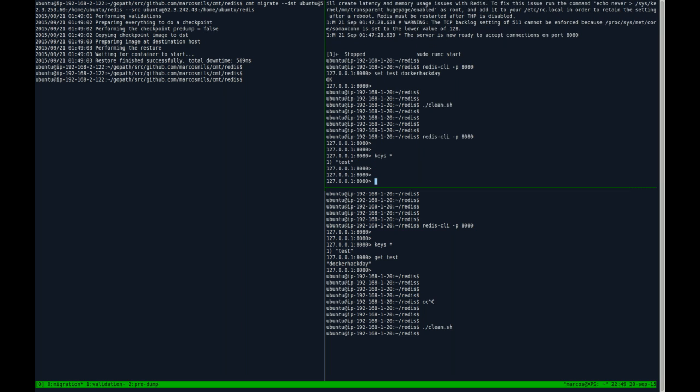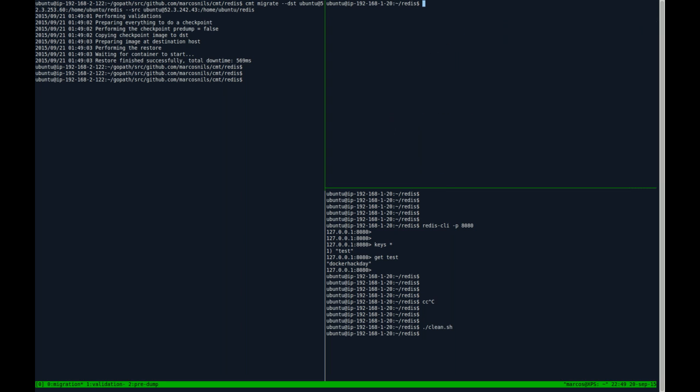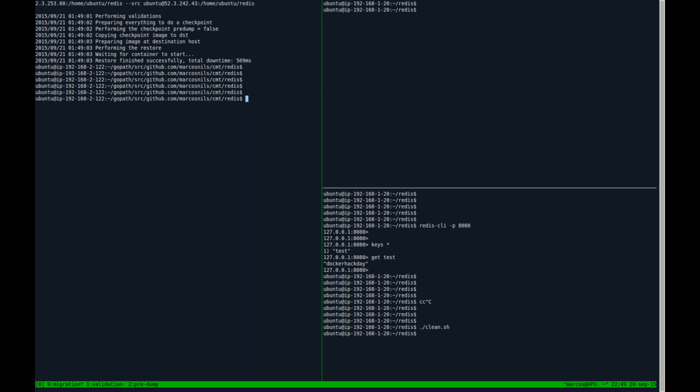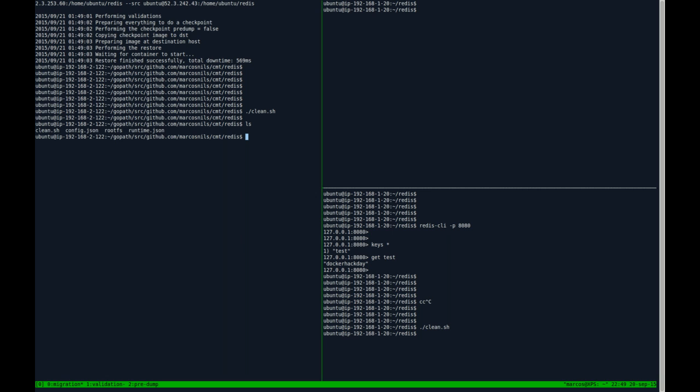As you saw with the validations, we can also move containers locally, right? So what we will try to do is move the container from the remote host to our computer. And CMT allows you to specify either remote or local paths in the migrate command as well. So in order to do this, we're going to specify the source host here as a computer which has a container now. And again, we're going to specify the full path as we saw before,